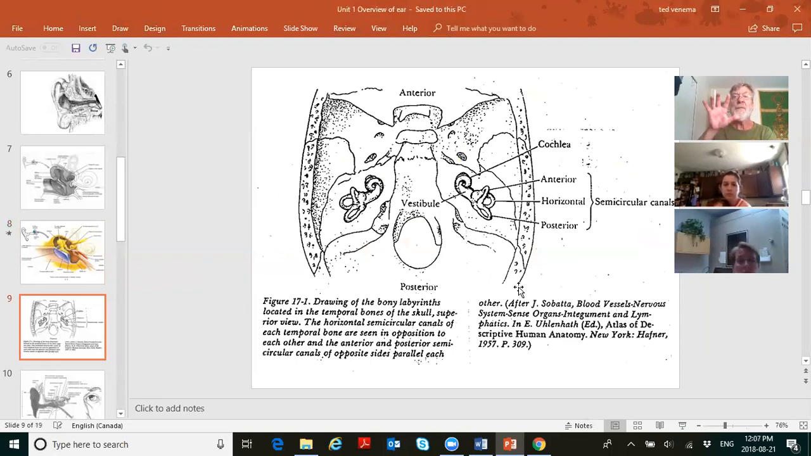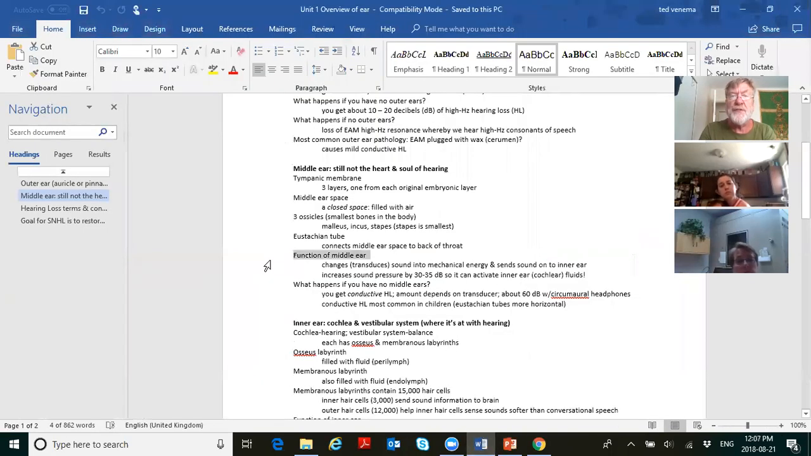Now let's look at the top of the head. So we'll go back to our notes here. The function of the middle ear is to change sound into mechanical energy and send sound onto the inner ear. And what's another function of the middle ear? It increases sound pressure by about 30 to 35 decibels, dB. See that dB? Little d, big B. Decibels. It increases the sound pressure by some 30 to 35 decibels so that it can activate inner ear or